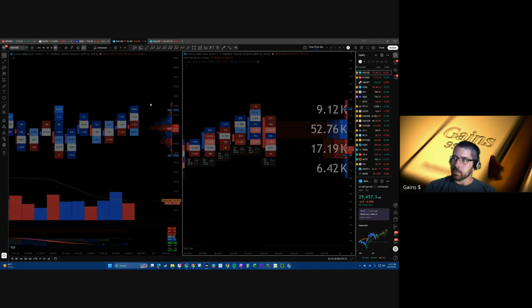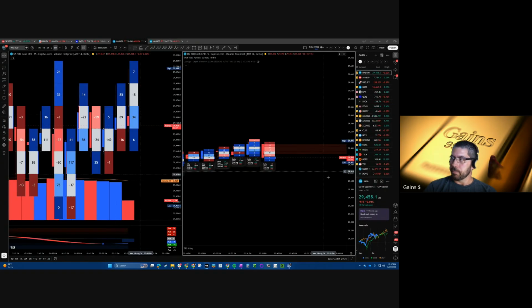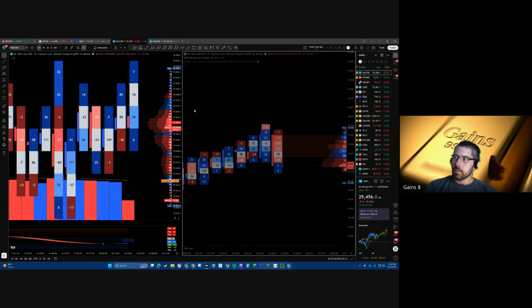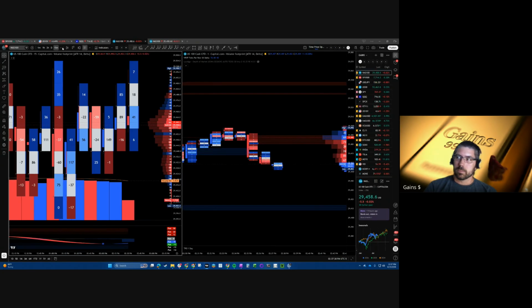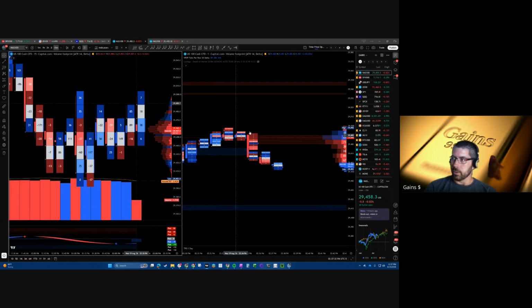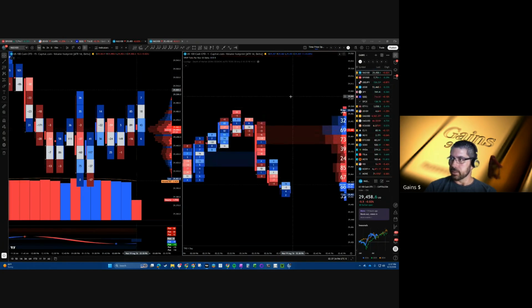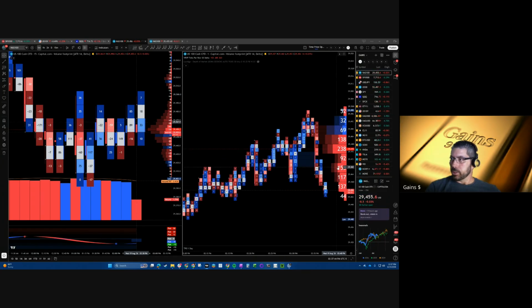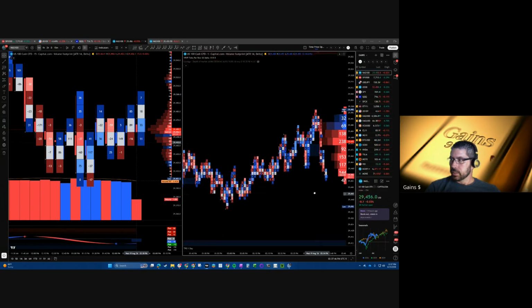QQQ. So this is called volume footprint. This is what I mentioned the other day. Volume footprint is really nice because it shows you your net buys, your net sells, and this is actually a little bit easier to read. You can kind of see the volume profile here. It's definitely bearish, but once you zoom out a little bit, you got